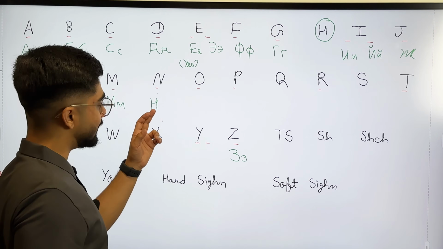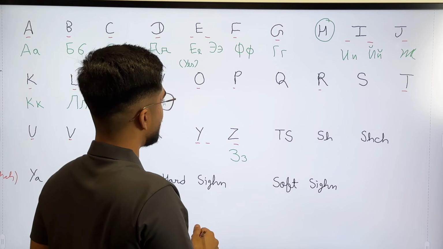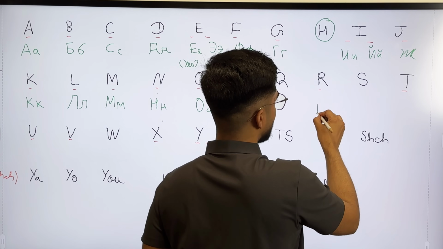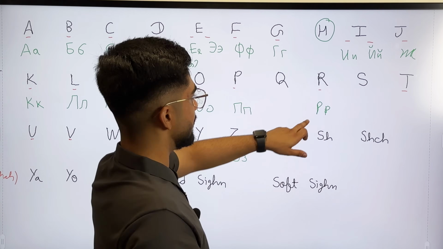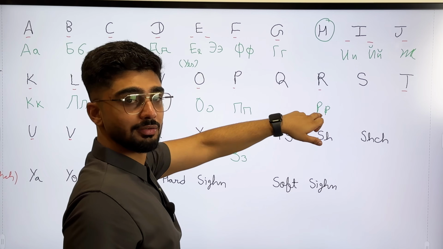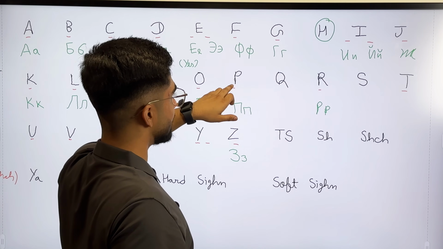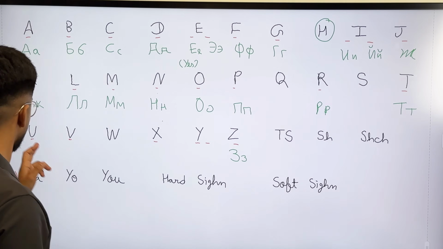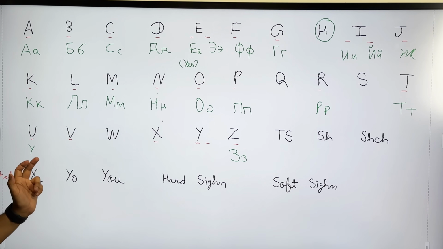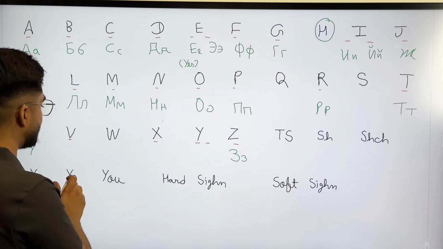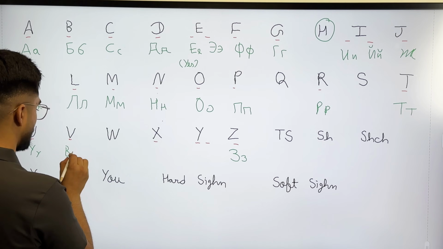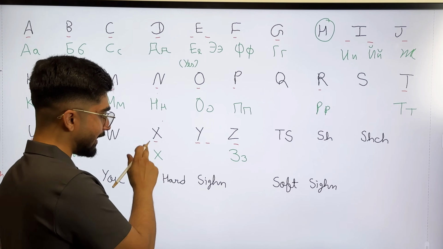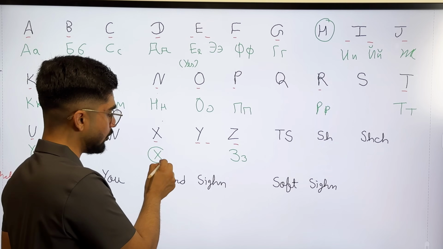The alphabet N looks like H in Russian, and you pronounce it N. You write O like O, and you pronounce it O. You write P like this, and you pronounce it P. When you have to write R, you write it like the English letter P, but when you pronounce it, it's R. It looks like P. You write T like T, and you pronounce it T. You write it like Y, and you pronounce it U. We write it like B, but we pronounce it W. Now the next alphabet looks like X, but it's not X. It's K. Yes, you pronounce this K.